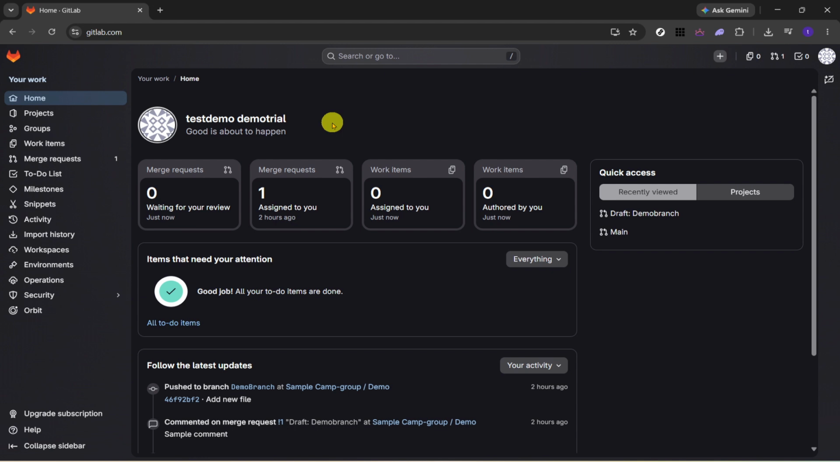To begin, open GitLab and make sure you are on the home page. This is your starting point, and from here you can navigate to the project where you want to work with access tokens. If you're signed in already, you should see the main GitLab interface and the navigation menu on the